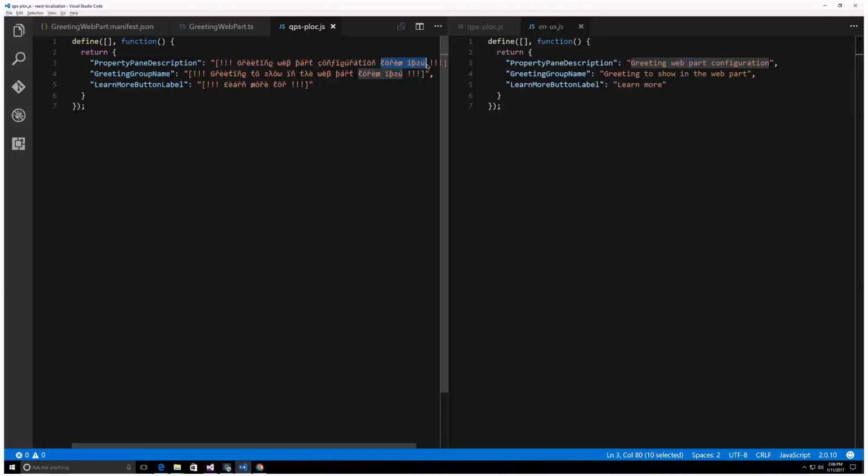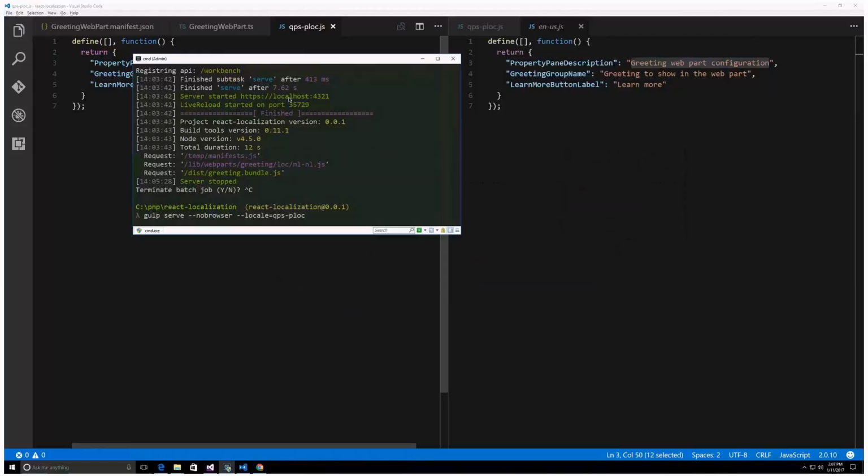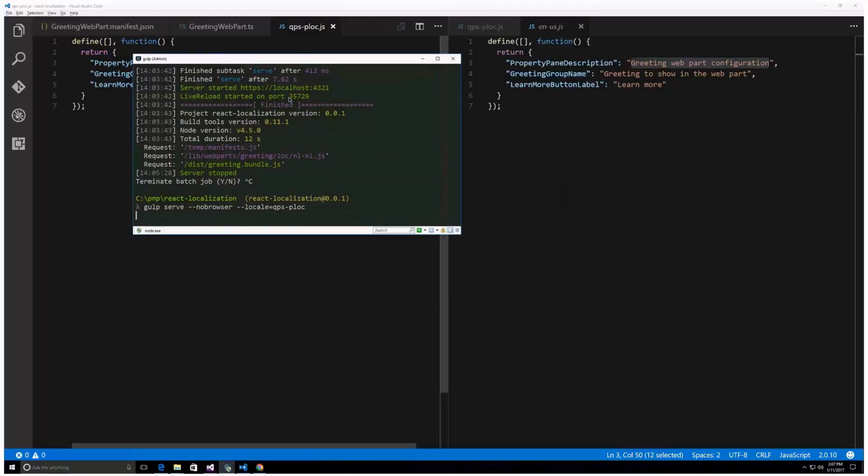And then another thing that you can test in here is use of the characters, right? Because all of these are non-standard ASCII characters. So imagine that you would use a non-standard font within the web part. With this, you can verify that the font that you use will support correctly the non-standard ASCII characters as well. So if we go back to command line and if we start the QPS block character set,